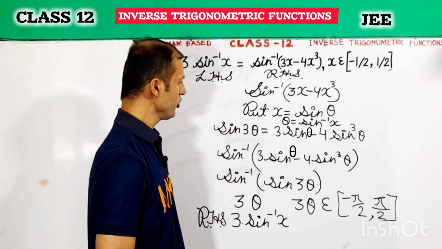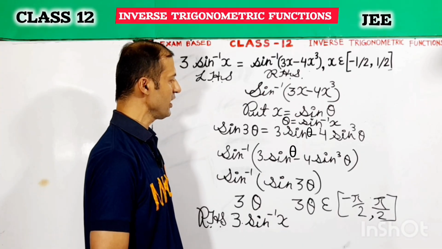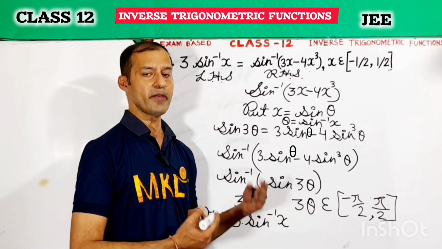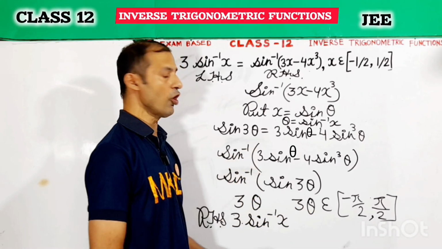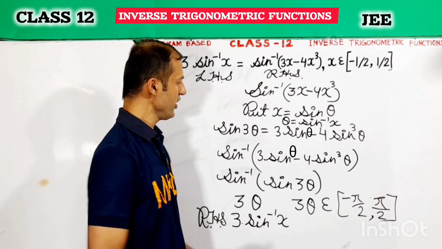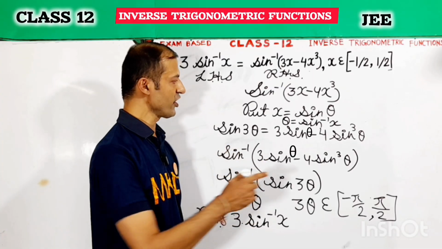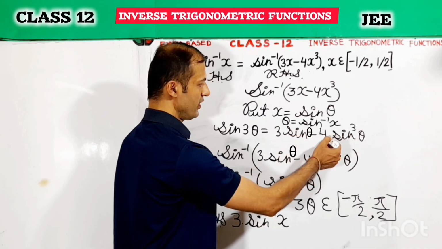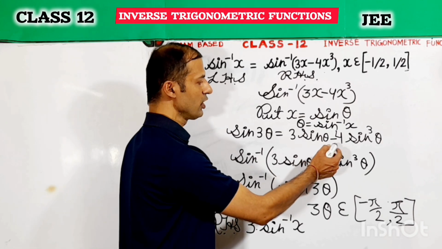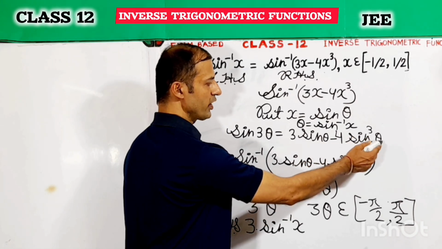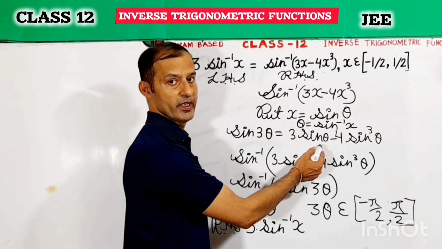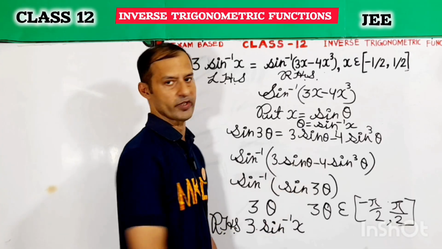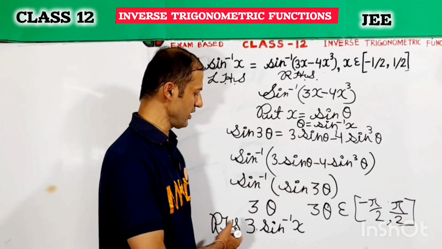I just want to ask you one thing: if we want to make the cos 3 theta formula, how will we make it, students? In place of sine, it will become cos. So the cos 3 theta formula will be 4 cos cube theta minus 3 cos theta. The 4 cos cube theta comes first and 3 cos theta comes after. Okay, so that's all our solution, that is our logic, students.